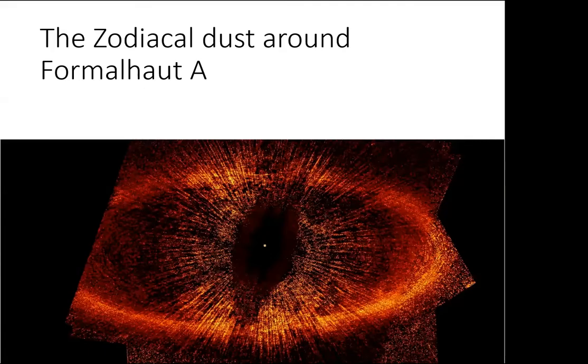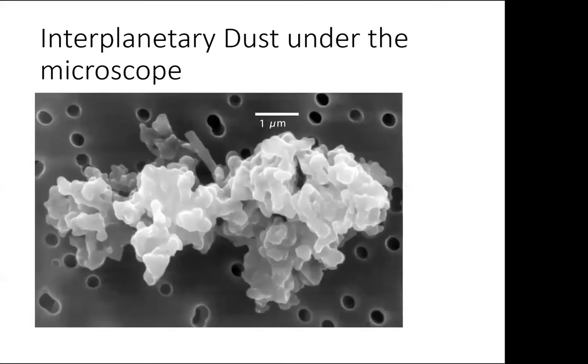But of course, all of this space dust is very, very tiny indeed. 1 micrometer shown on the diagram here. This is some space dust collected by one of the sample return missions. The Stardust mission collected material in an aerogel. It was attempted to be parachuted back down to Earth and caught by a helicopter, but very famously the parachute didn't deploy, and so the whole thing came plummeting to Earth.